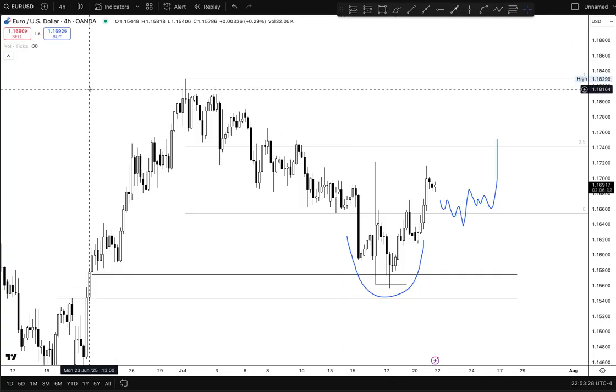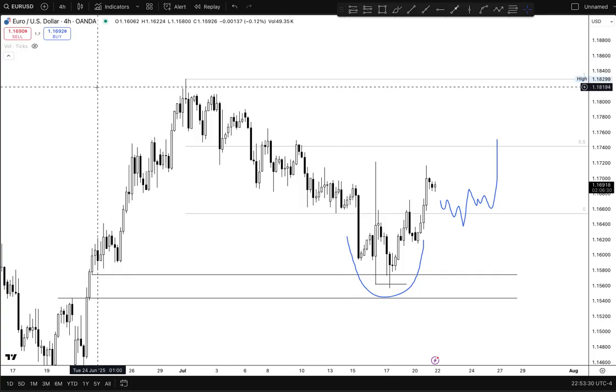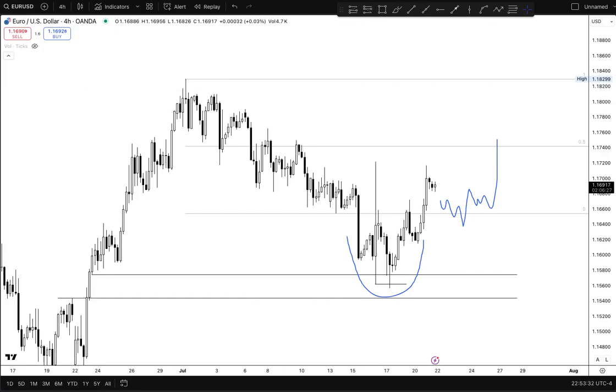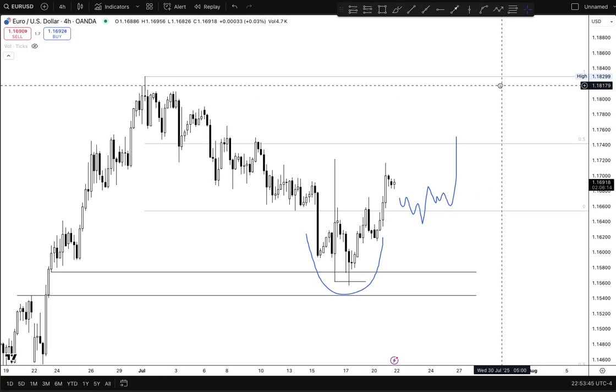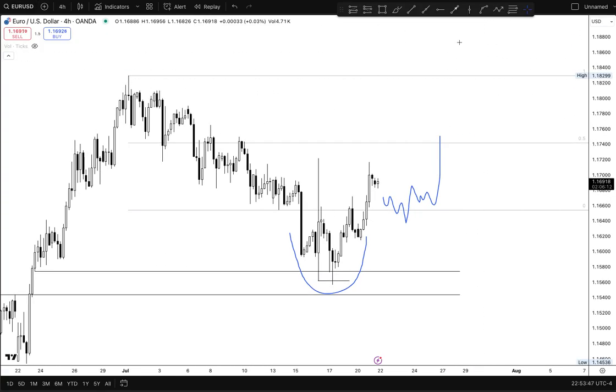Lately we've had a lot of Monday low of the weeks and high of the weeks and things like that. So I wouldn't be surprised if this past Monday today set the low of the week, and then we'll see if we can trade towards this range high end of this week.